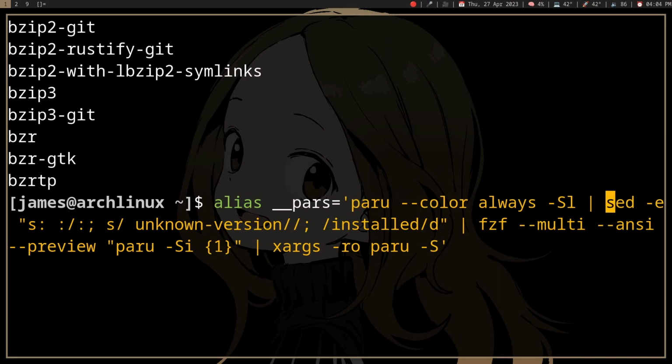It will filter out all the unneeded things, and then pipe that into fzf, and with fzf we can do our search. After the fzf, it uses the things we have selected and installs them with Paru. You don't really need xargs here, but